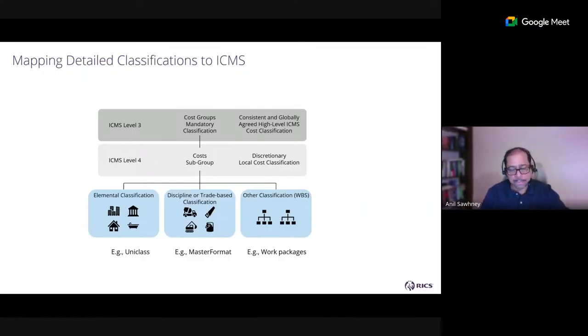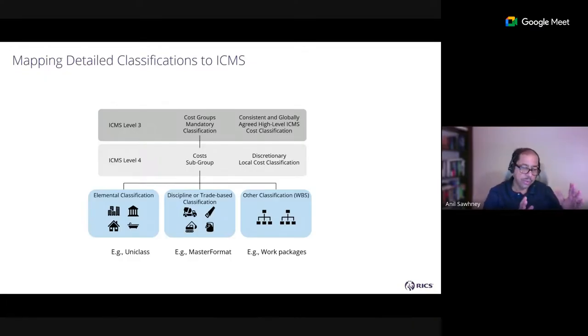Think of the CPWD schedule of rates, or those familiar with the UK system, think of it as Uniclass. If you're familiar with the North American system, think of it as MasterFormat or Uniclass, or any other system such as work packages, work breakdown structure. Different parts of the world treat their cost breakdown, carbon breakdown in any of these